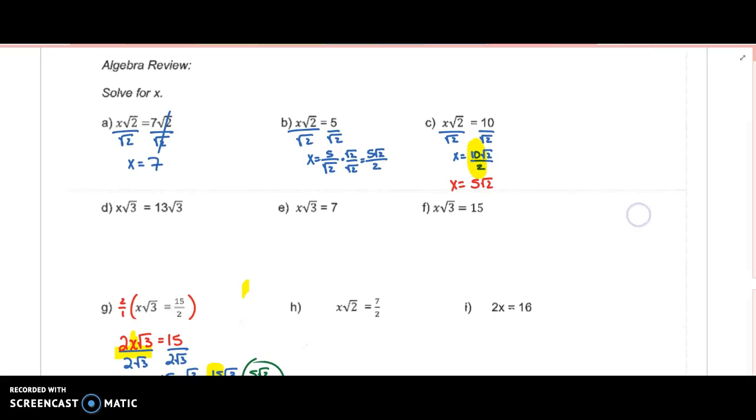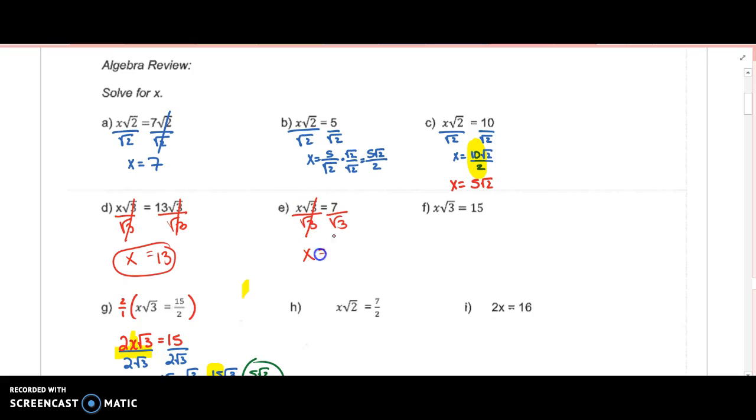So you guys already did parts A, B, and C with Miss Stoltz in class. Let's go ahead and look at one like D. It doesn't look like you got to that one. So you would divide by square root 3. These would divide out, and you would get x equals 13 for the first one. For part E, you would divide by square root 3,